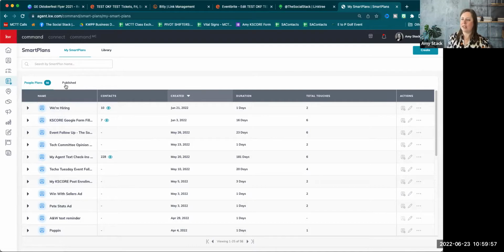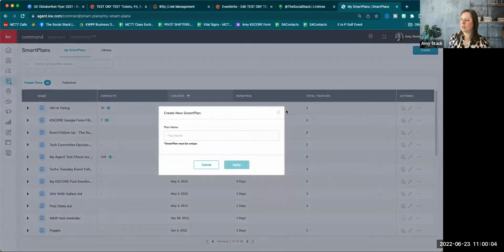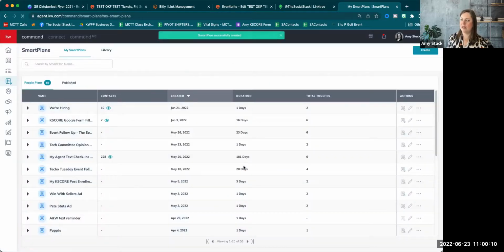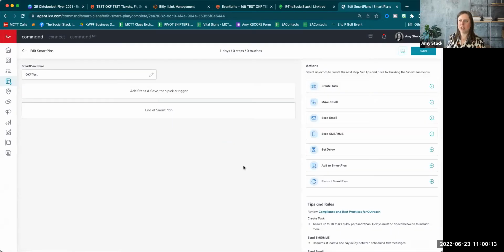So I am in Smart Plans now, and I'm just going to start one from scratch. So up at the top right, I have a create button, and we'll call it, again, Oktoberfest test. We're going to hit apply. Blank slate, nothing's in here yet at all. So according to my timeline, I want to do a physical invite, an email invite. We talked about all those different steps, and it's up to you where you want to start the plan. If you would like a task reminder to send out those physical